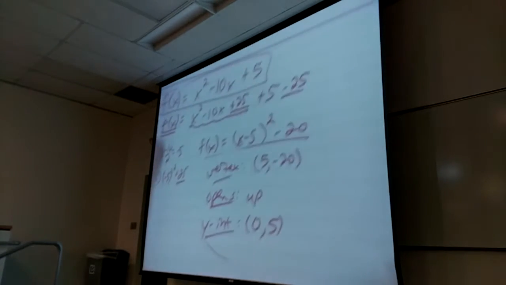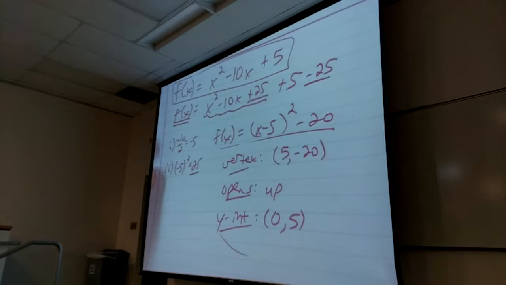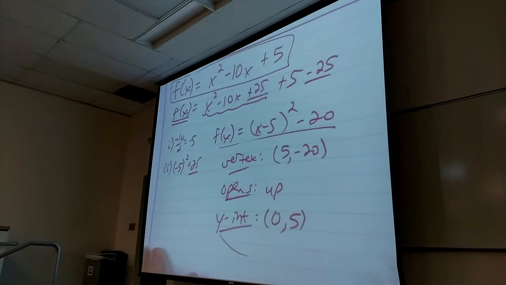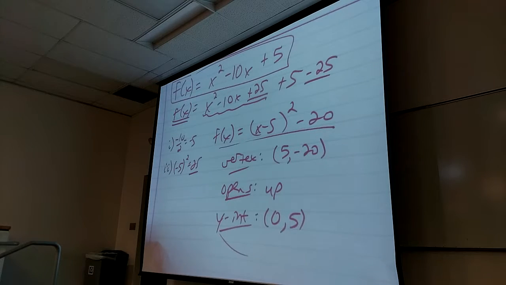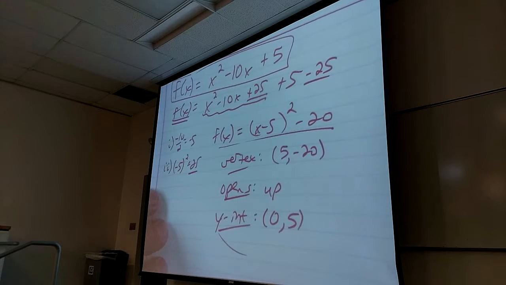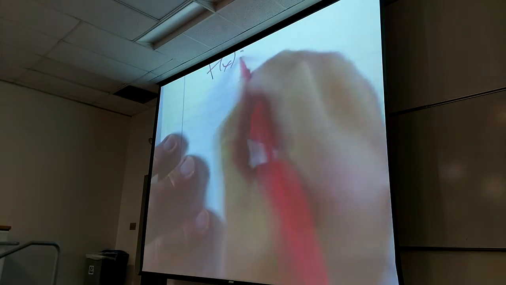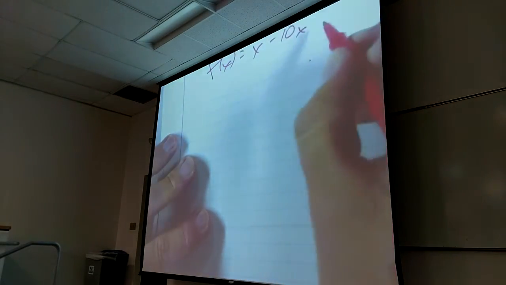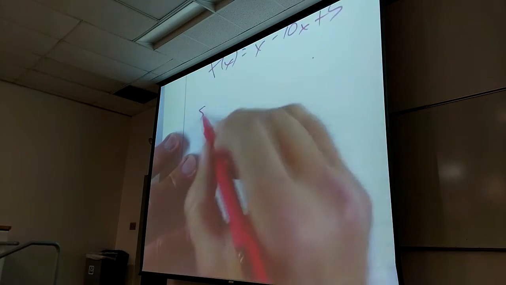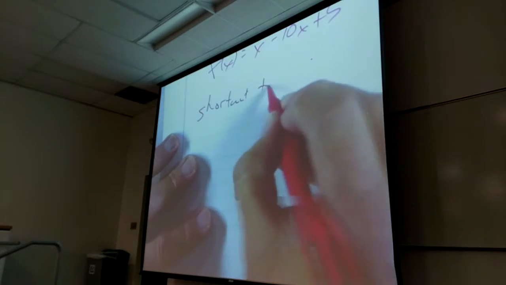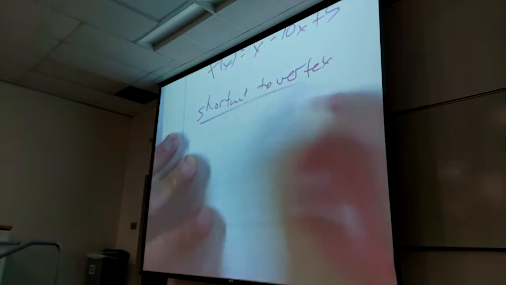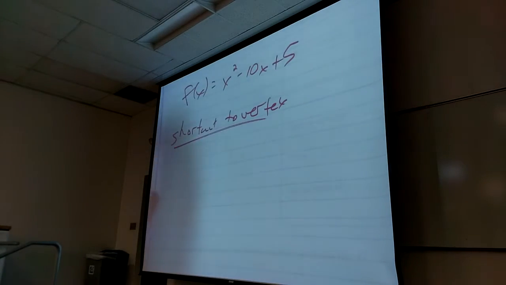Now, with all that said, I can then make you graph and all kinds of business. With all that said, what was the shortcut we actually realized exists? Let's look at this thing again. The shortcut to the vertex. And actually, remember,